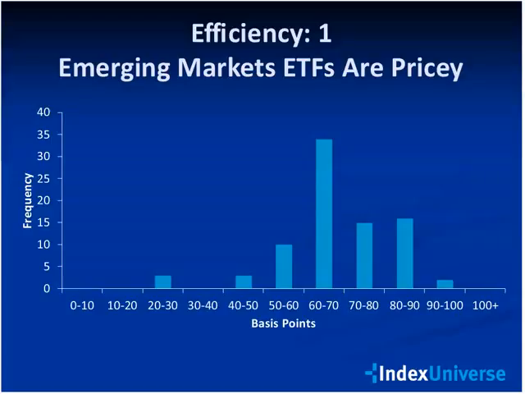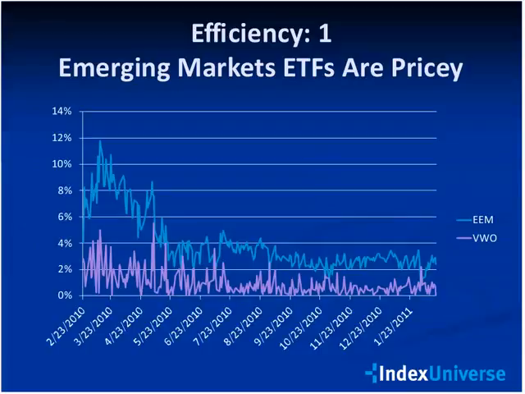Now, study after study shows that expense ratio is the largest single determinant of returns. And while there are some emerging market ETFs with low expense ratios, such as VWO, the Vanguard Broad-Based Emerging Markets ETF, which charges 22 basis points, by and large, emerging market ETFs skew to the expensive side of the market, with some, like the Market Vectors Egypt Fund, charging close to 1%. The reason for that is simple. Settlement, trading, commissions, conversion fees, it's all more difficult to do in emerging markets, so you see a bigger spread in emerging market expense ratios than you do in the U.S., and it makes sense to pay attention.